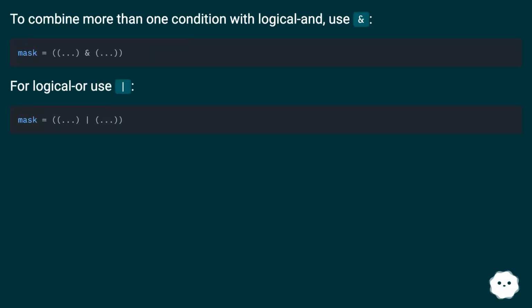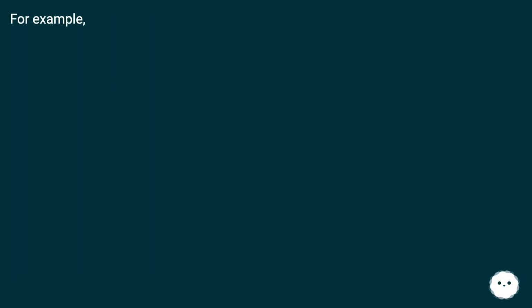To combine more than one condition with logical AND, use &. For logical OR use |. For example,